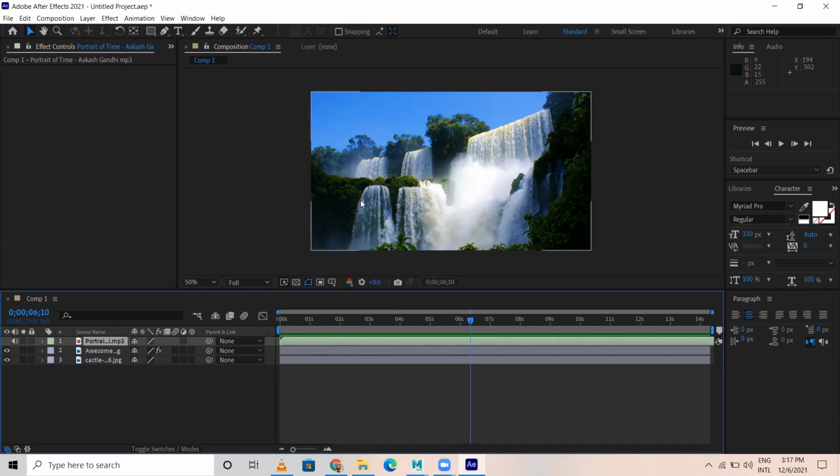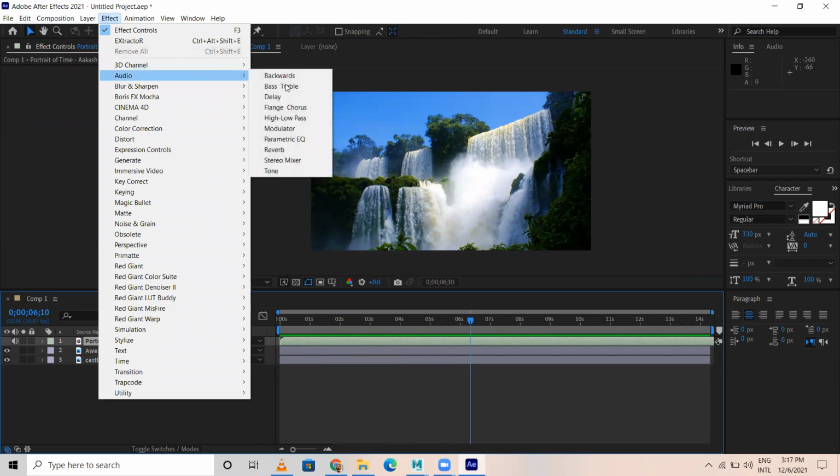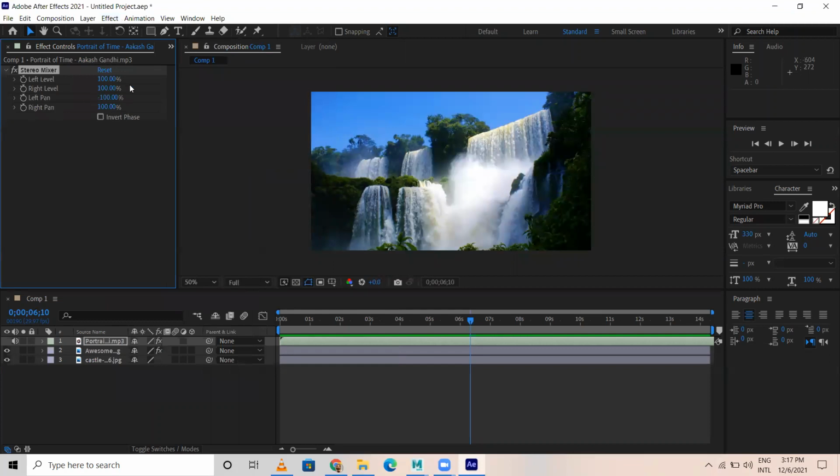So the purpose of adding audio is I'll go to effect, I'll come to audio. There are audio mixers also. The way you have it in Adobe Premiere, here also it is there. Certain audio changes we can do. We can go for stereo mixer, left channel, right channel, left pan, right pan, all these things we can do.